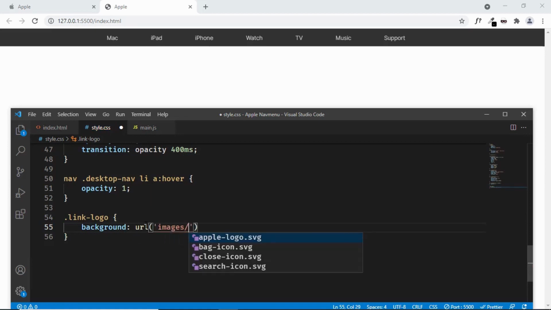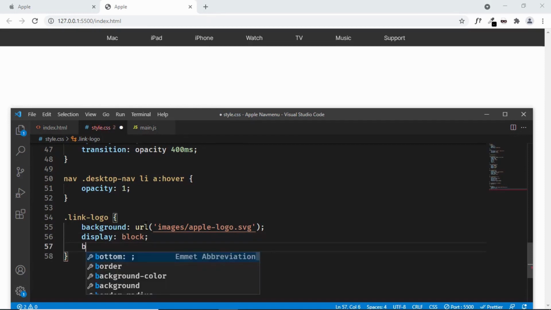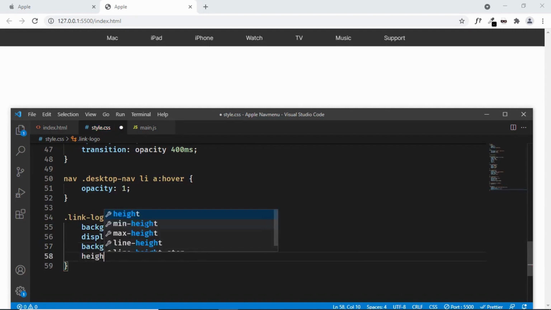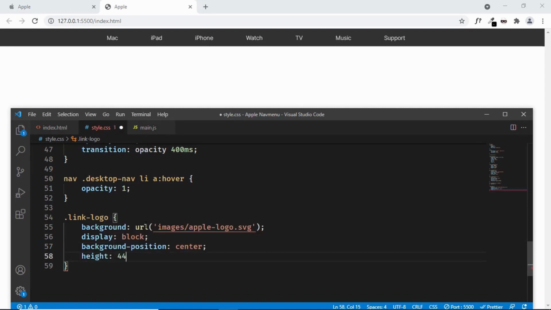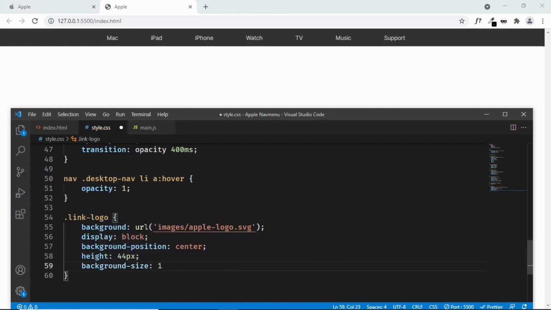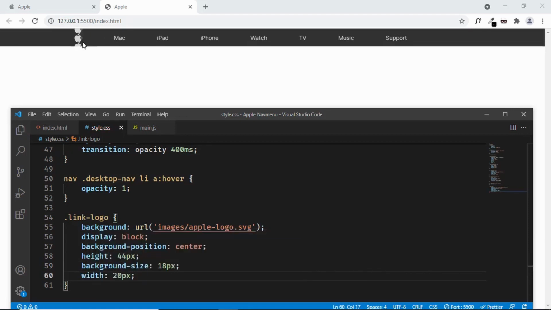So I'll just type images / apple logo.svg, and let's set the display to block, and now let's position it to the center. So I'll just type background position and we'll set it to center, and let's set the height to 44 pixels, and let's also set the background size to, let's say, 18 pixels, and we'll set the width to 20 pixels. And now we can see that the logo is being displayed over here, but it is being